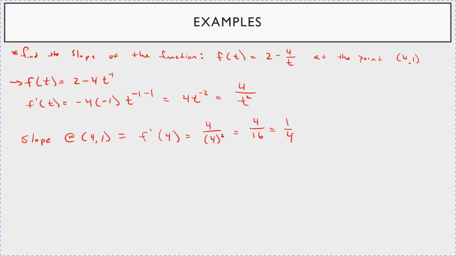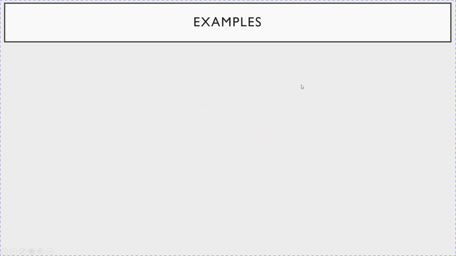All right, let's do a crazy one. Okay, let's do a crazy one that's going to involve a lot of silly algebra here. All right, so this will be our last example. Let's find the equation of the tangent line to the graph of,